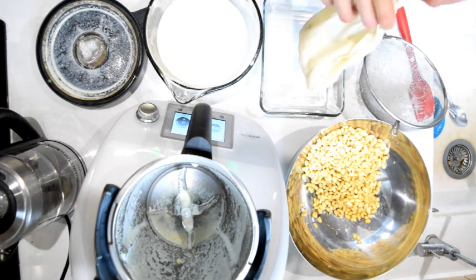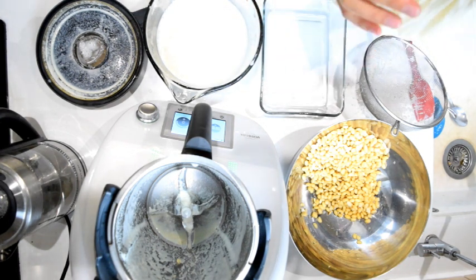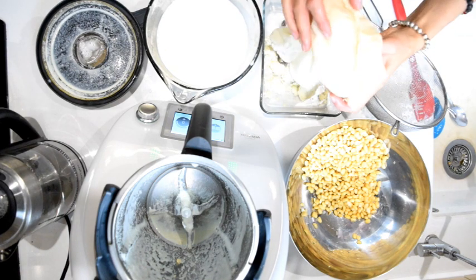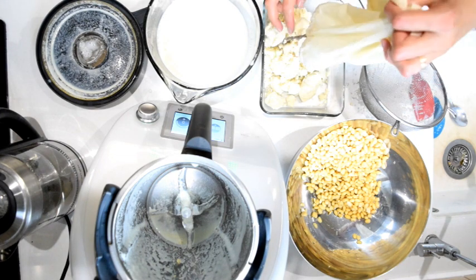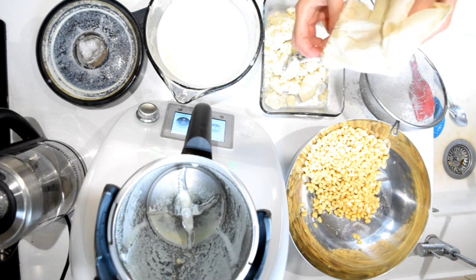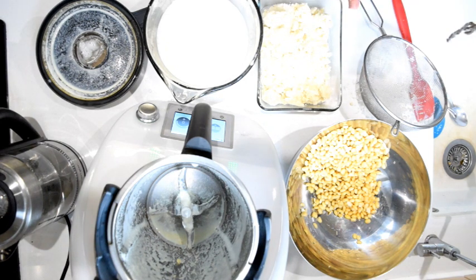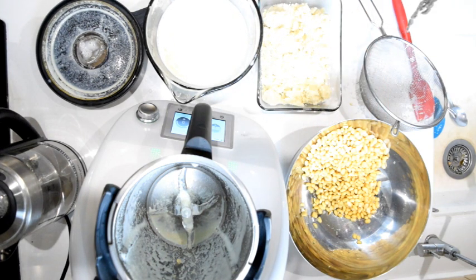and the remaining pulp is actually called okara, and you could use this to make different recipes. I've seen a few recipes online that make burgers out of them, and put it in sweet baking or savory baking. So I'm going to share a recipe or two for you to make from okara in the future. But now I'm going to do the same with the remaining soybeans, and then we're going to proceed to boil